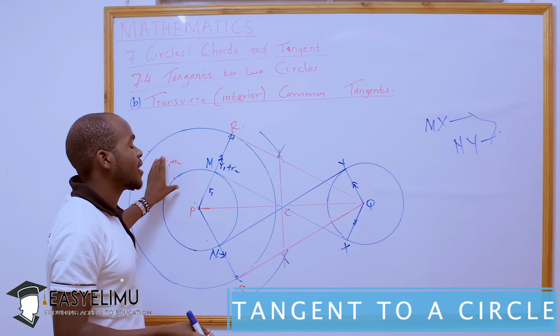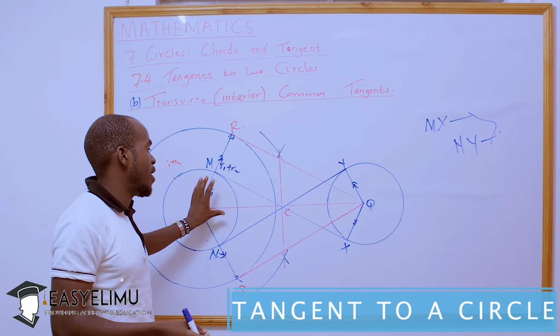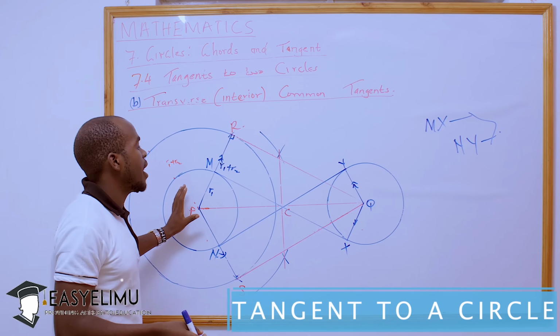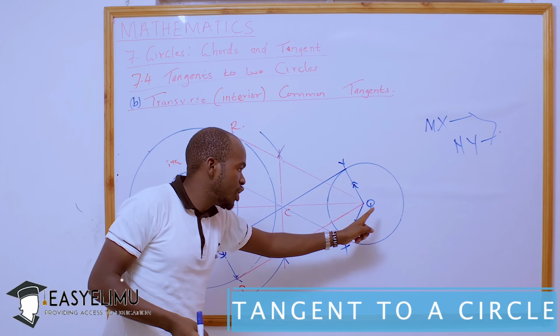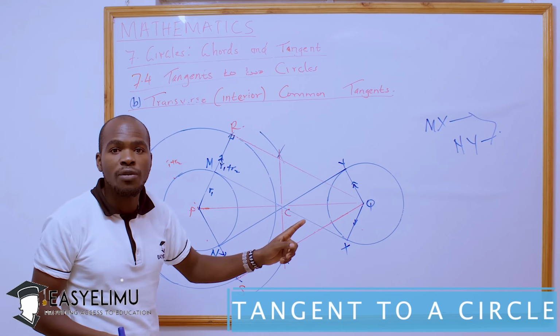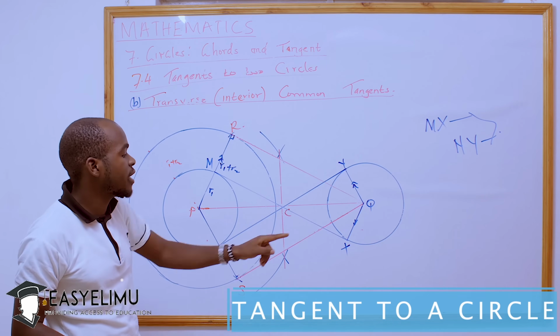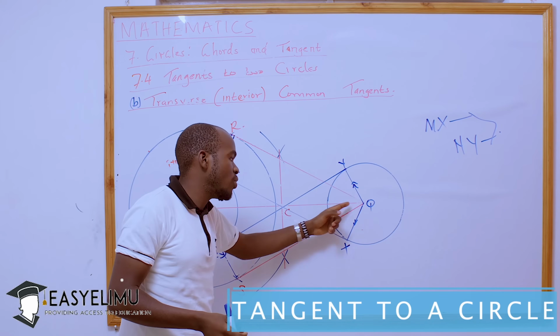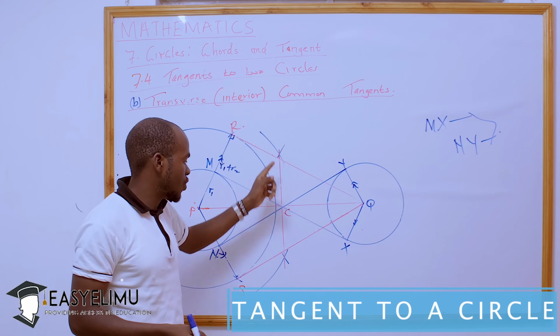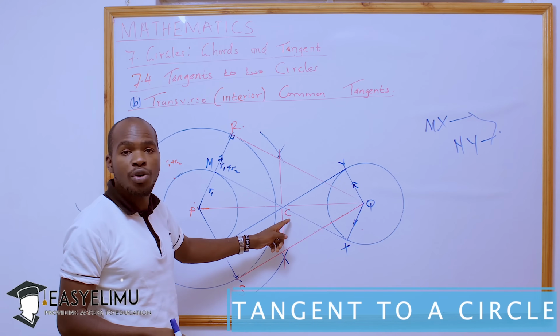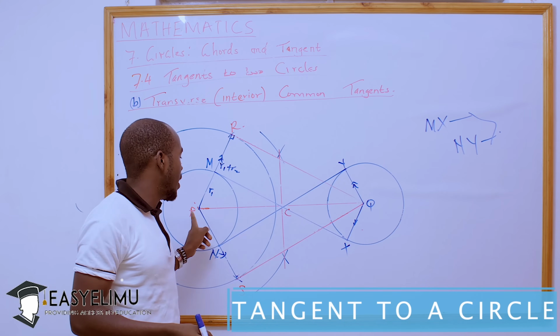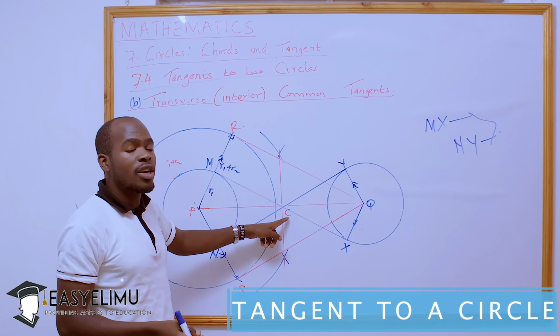For our case, that is r1 plus r2, as we have done here. And after doing that, you join the two points, or the two centers of those circles. After joining the two centers, bisect the line which is joining the two centers, as we did. After bisecting, give a name to the point where it intersects with the line, and then using that one as the